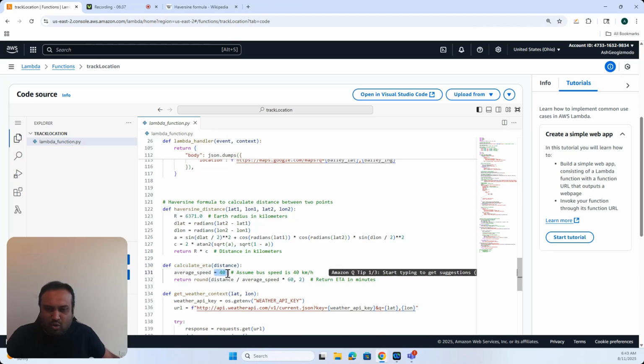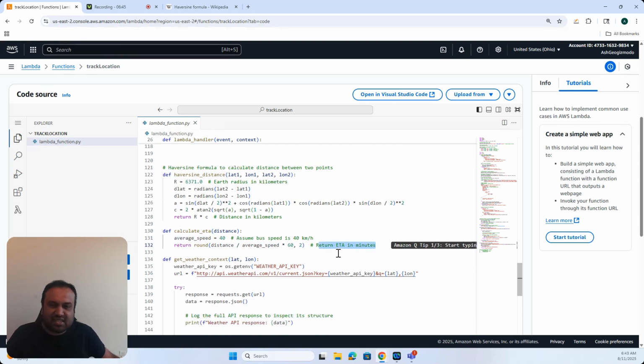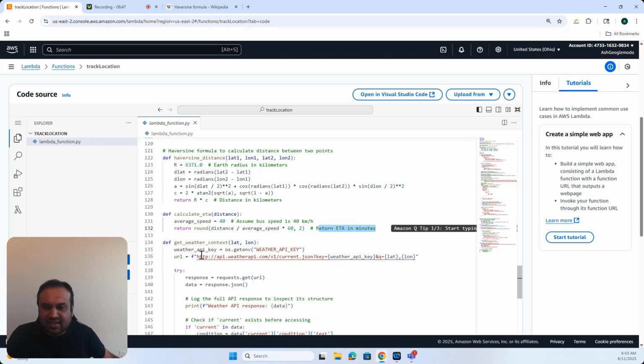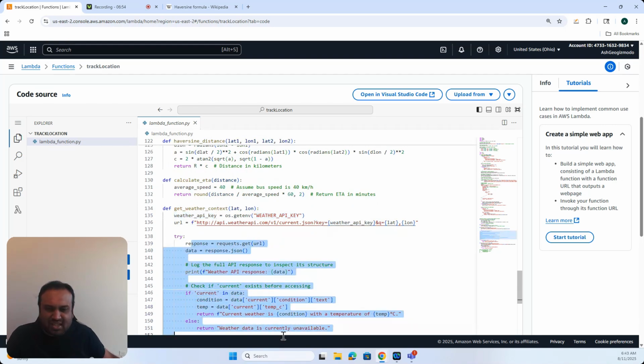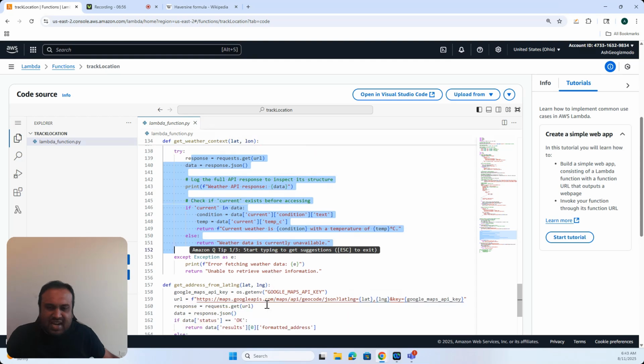So the average speed I'm going to assume is 40 kilometers an hour. So I have the Haversine distance, I have the average speed, and I can compute the estimated time to arrival in minutes. And then I get the weather context. So I get the weather API key and parse it out a little bit, and I'm going to get the